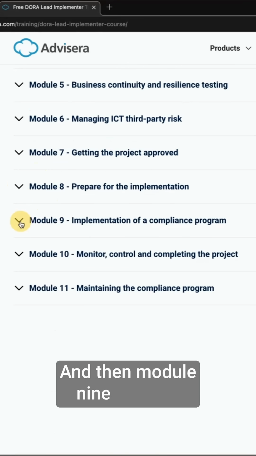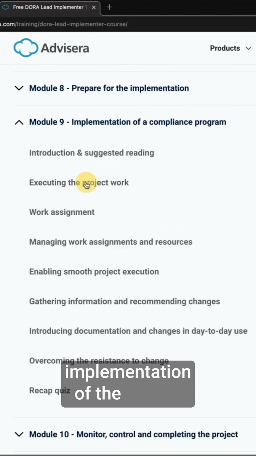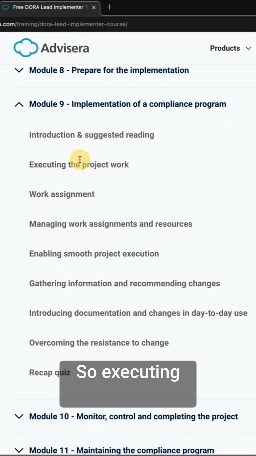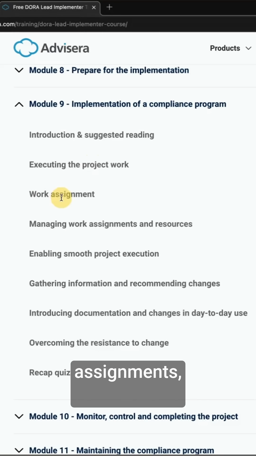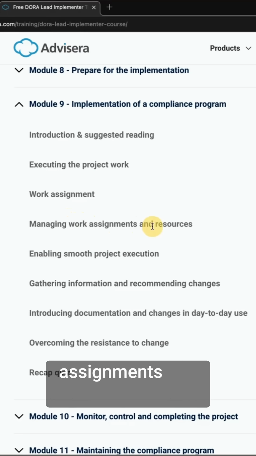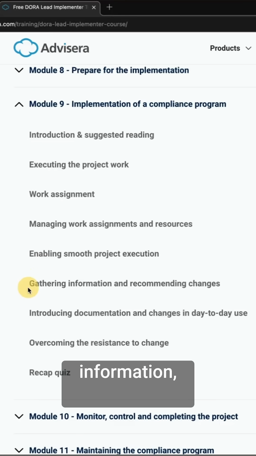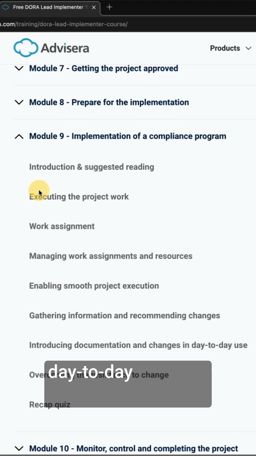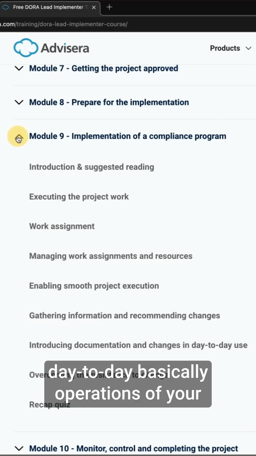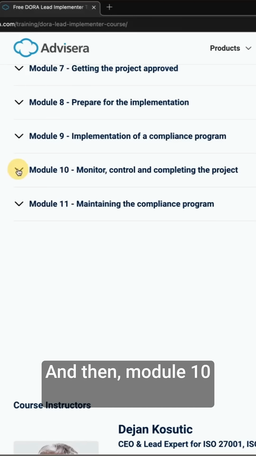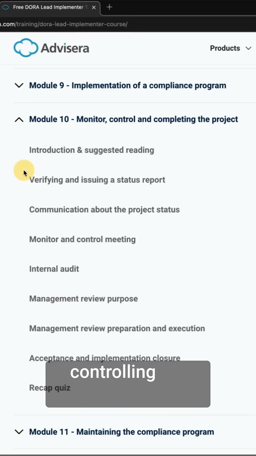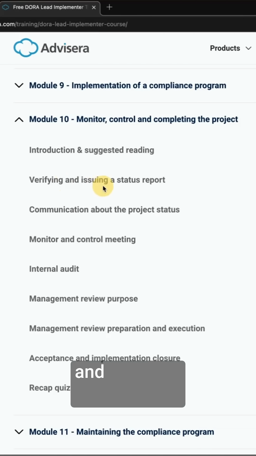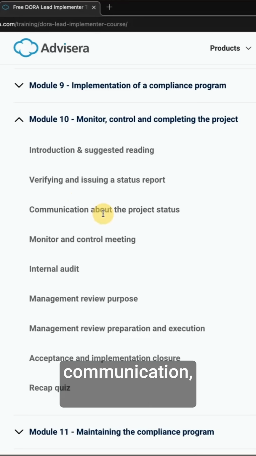And then module 9 is about implementation of the project compliance program, so executing the project work assignments, managing assignments and resources, enabling smooth project execution, gathering information, and introducing documentation and changes in the day-to-day operations of your financial entity. And then module 10 is about monitoring and controlling the project, so verifying and issuing a status report, communication,